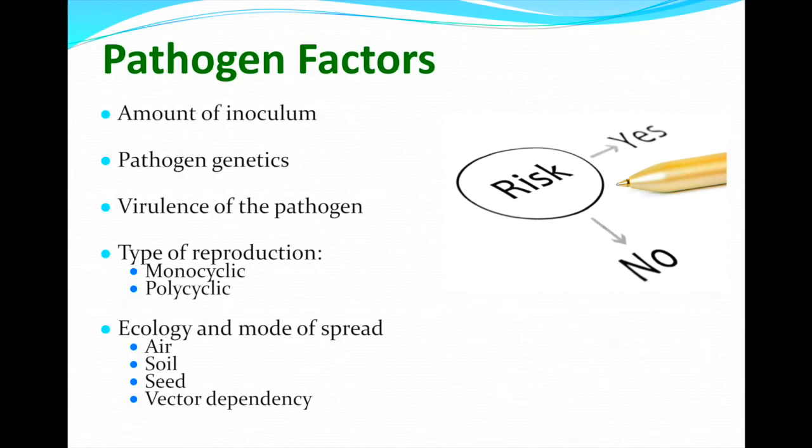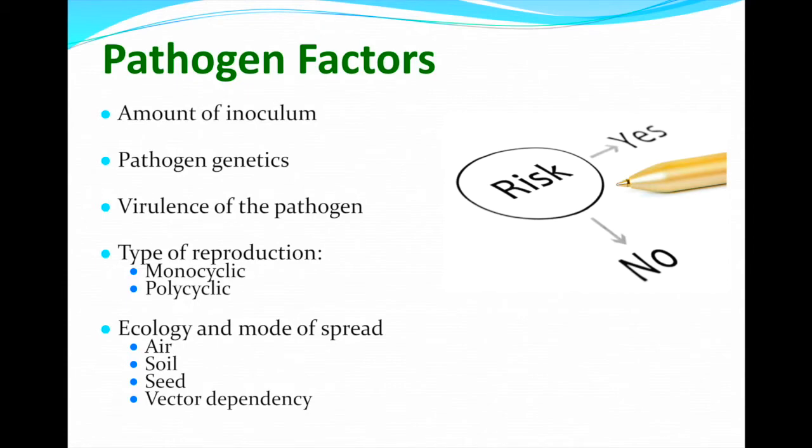Pathogen factors. So inoculum. What does inoculum mean? Inoculum is really the pathogen itself. Okay? So let's say I had a million spores from a particular fungal body. That's all inoculum. Pieces of the pathogen that are capable of causing disease, infecting a host and causing disease. That's the inoculum that we're dealing with. Particles of the pathogen is the way that we'll put it. And any of those particles could pretty much cause disease. The more inoculum or the more pathogen, the more potential for disease. I think that only makes sense.